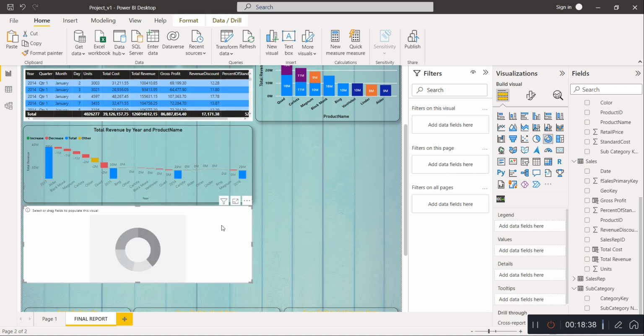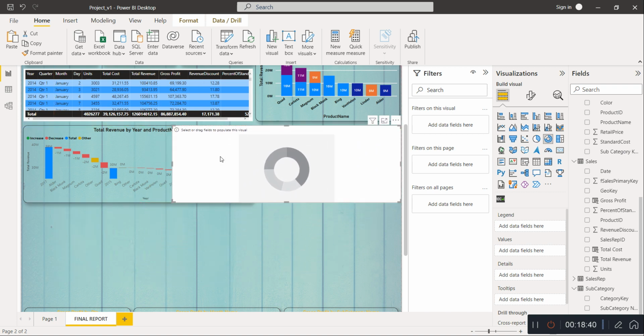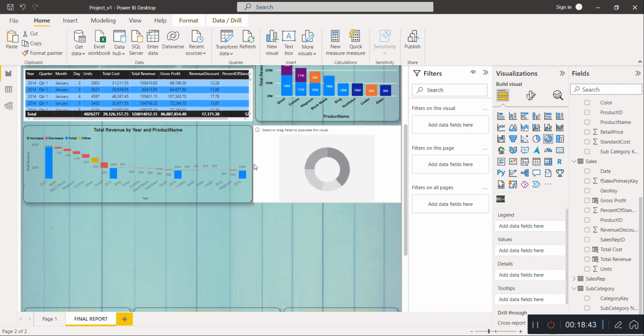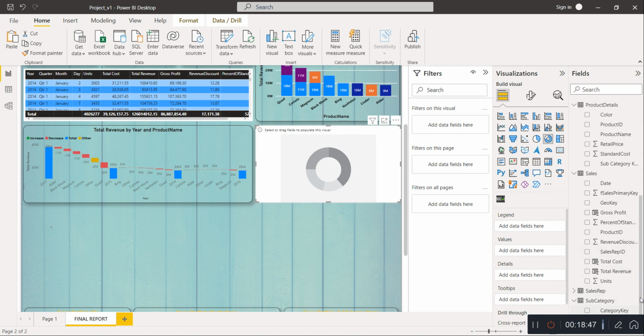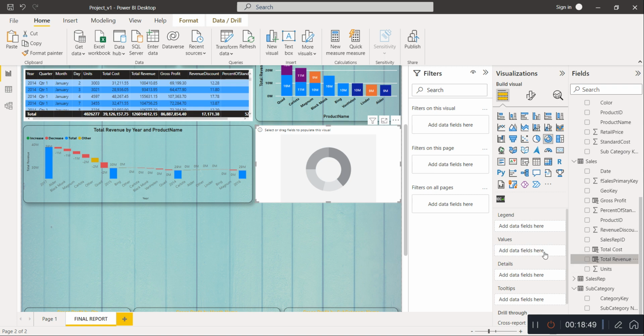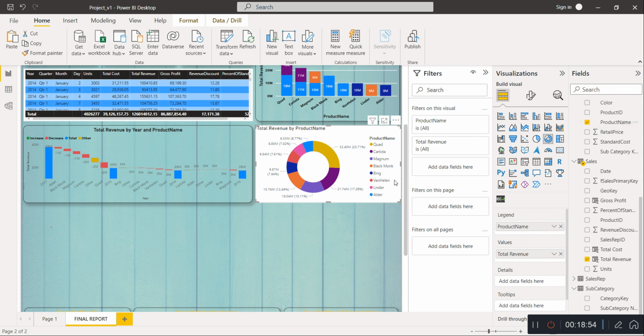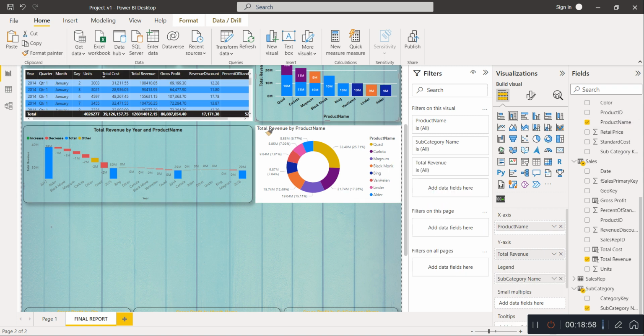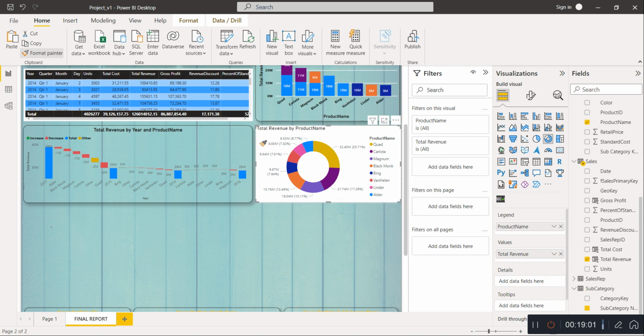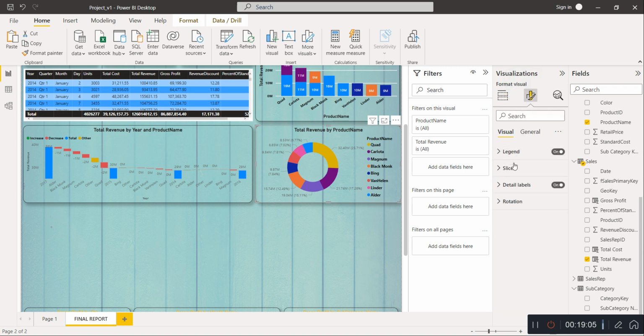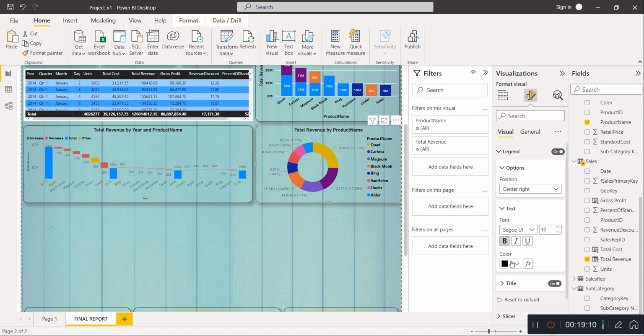I'll select this donut chart. So in this, the values will be total revenue, but we are showing this by product name. I'll just copy the format, I'll paste it here so that there will be no need of formatting. Only for legend we have to format, so I'll go to format to a visual, legend, text,